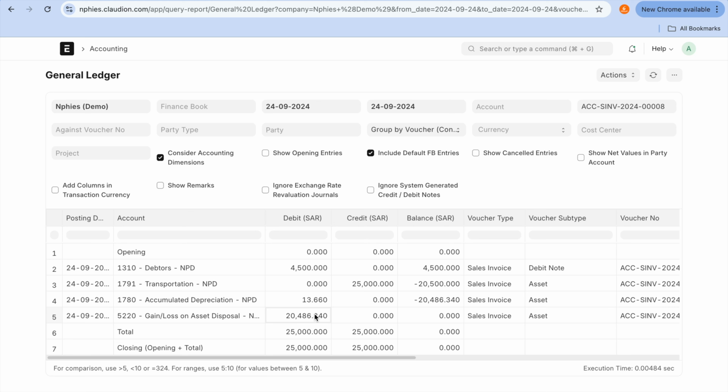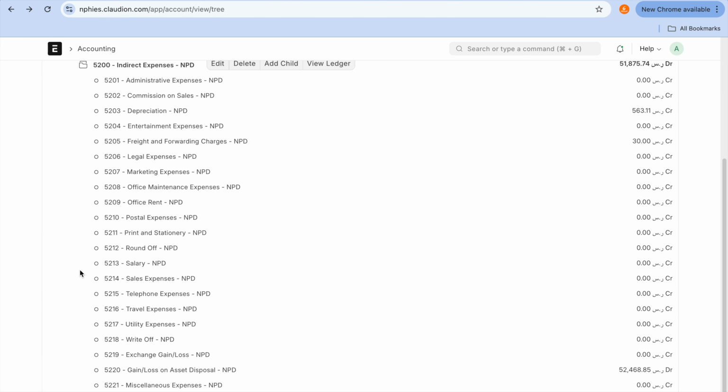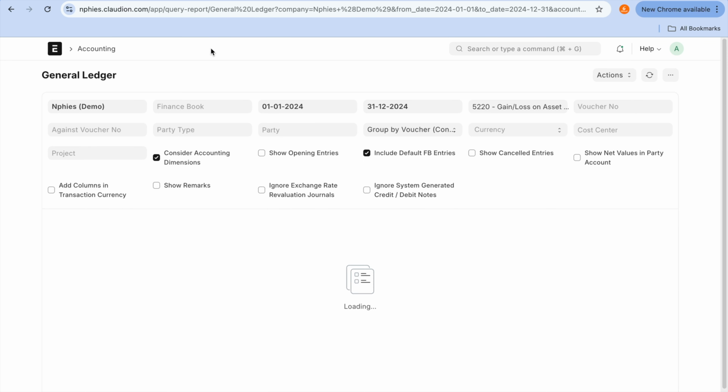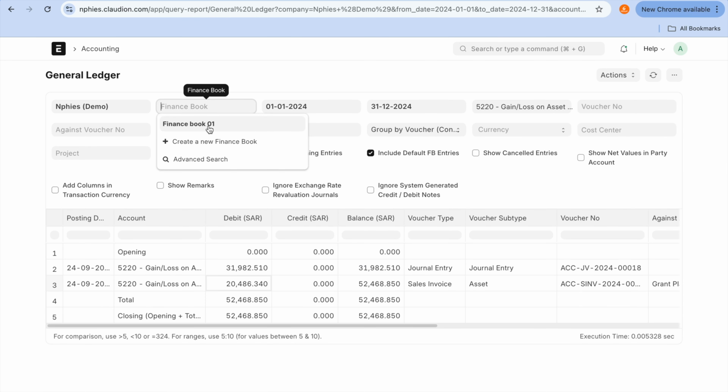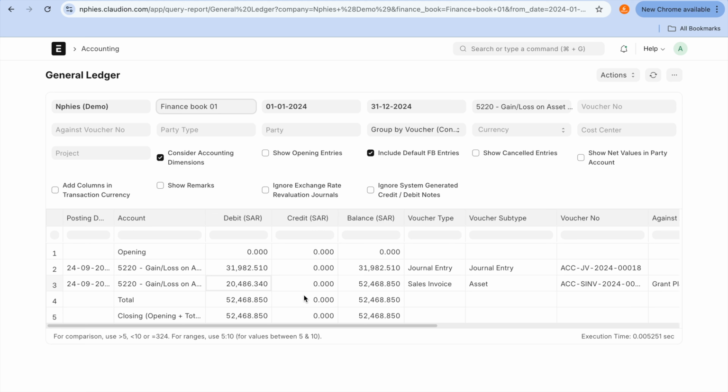So this is where we had confusion. Actually, on the gain and loss, what will happen? The total amount on the balance sheet minus the depreciation amount, that amount will go to 5220. Okay, so I'll show you the 5220 gain and loss account on the ledger. On the ledger, it is